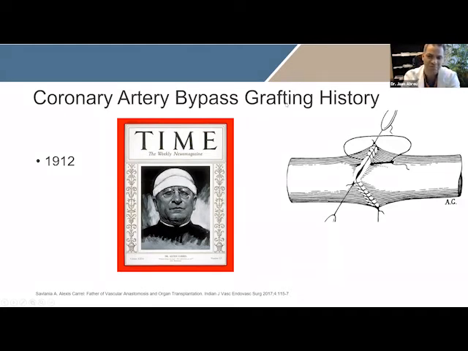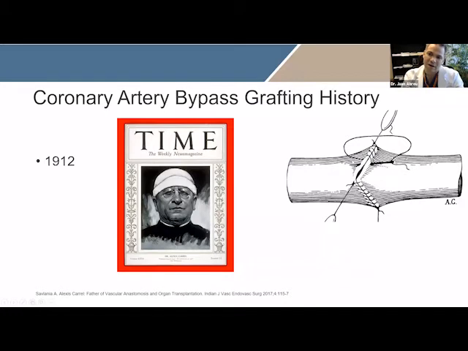Now you will say, wow, a Nobel Prize for that? Now that we do this thing, I did it 10 times in a case on Monday, right? But imagine, no one had a vision like he had back in the time. So everything started with him. He was the first person who developed a technique to make a connection between 2 blood vessels, which paved the way for modern day cardiac surgery and transplant surgery, right? Very important. When you transplant one organ to another body, you have to make the connections again.